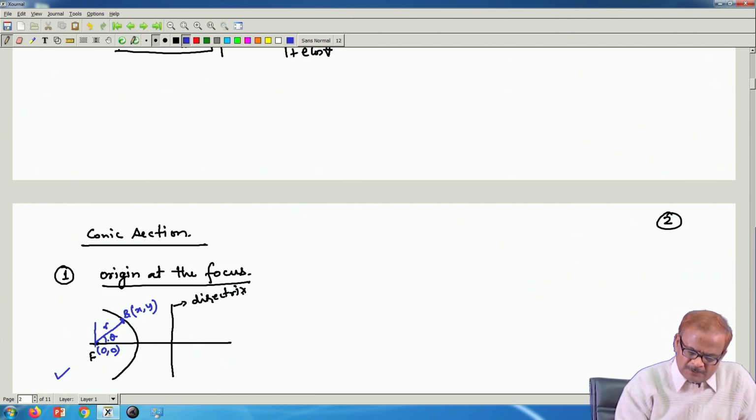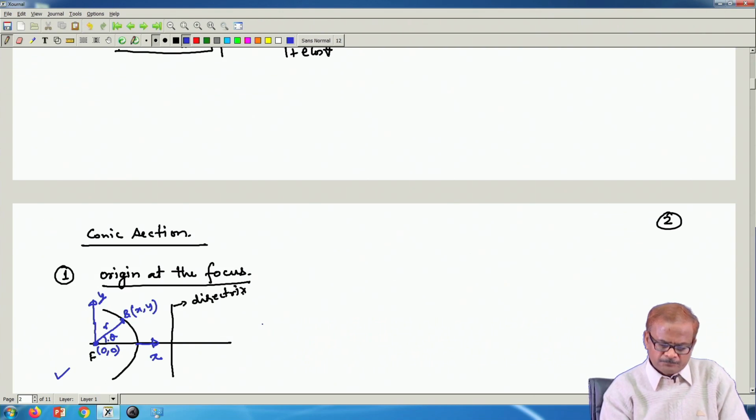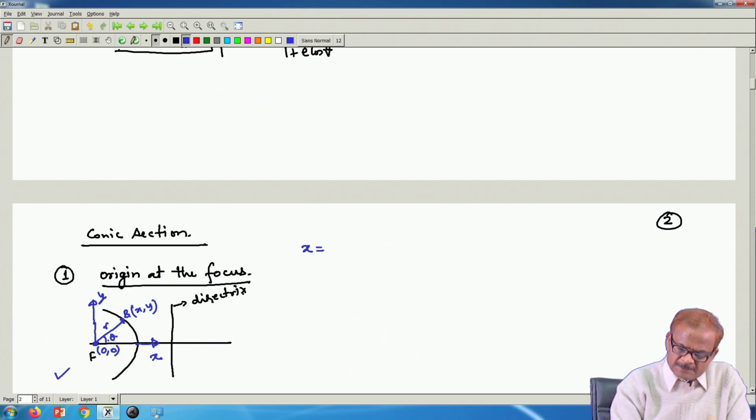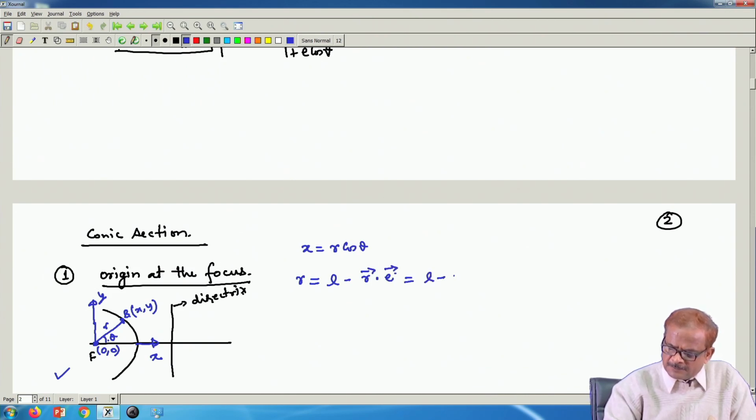Okay. So, if we measure distance from this focus F, any distance towards the right, we take this as positive, and this is your x axis, and vertically in this direction this is your y axis. So, here in this case, as it is apparent, x equals r cos theta, and therefore, the equation of the conic section that we have written, L = r + e·r cos theta, means r = L minus e r cos theta. So, this can be written as L minus e x.